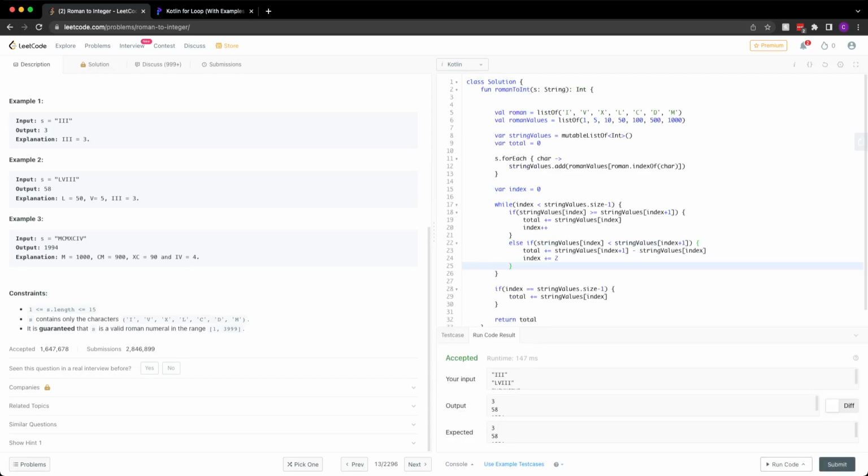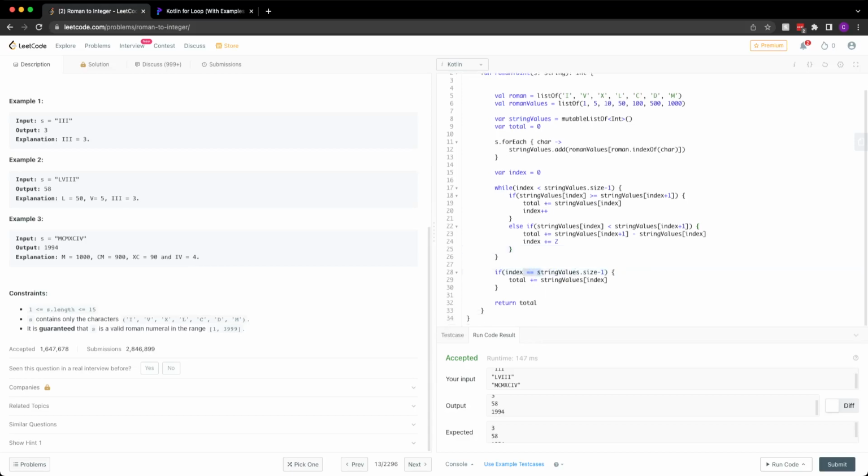We might have some index out of bounds. Actually, no, it worked in this case. I think we're okay. Because this last 2 is a set you want to subtract from, and that would be when your index is at I. And so then you don't want to check this V. You've already counted it, so you want to skip forward. Then you're out of bounds, which means we're not going to get the last one. We're only going to enter this if it's like here, in this scenario. So we hit every one of them.